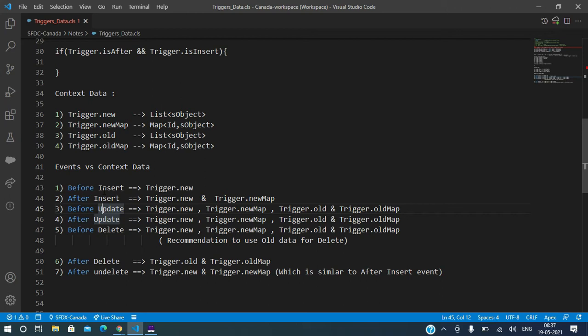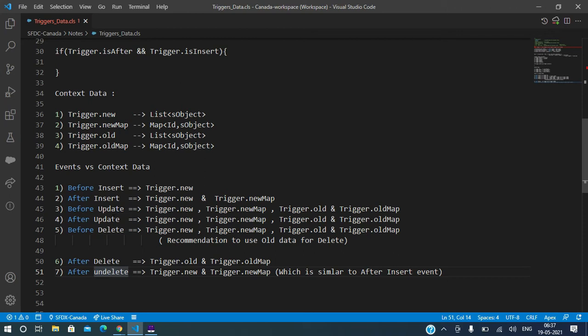Writing an event on delete and undelete is a rare case. Most of the time we will write events on insert and update. In Salesforce, 95% of triggers will be on before events. 95% of your logic will execute on before, and only 5% of logic will execute on after.